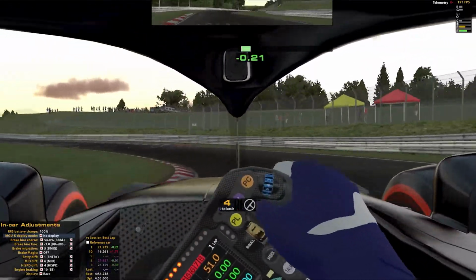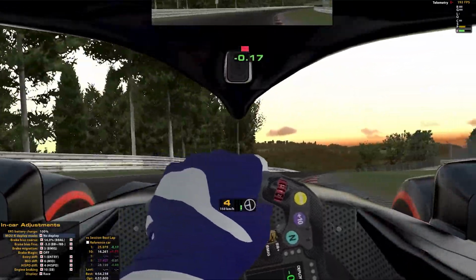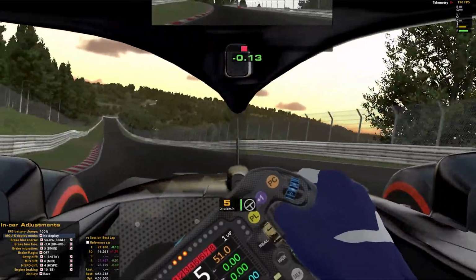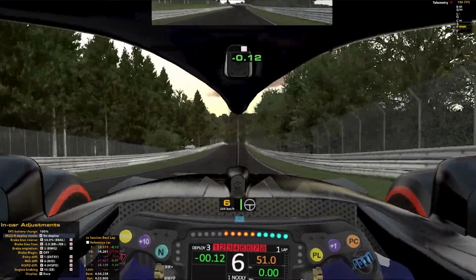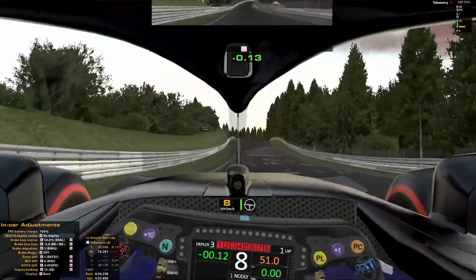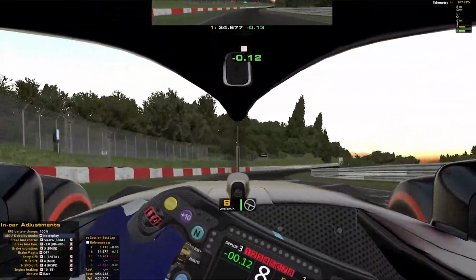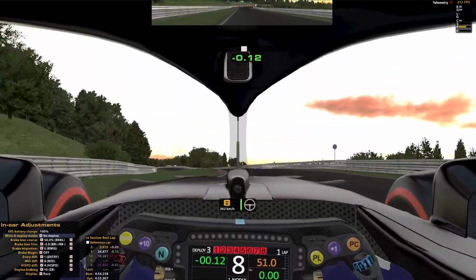2/10 down on my best lap so far. And yeah, overall the first sector here was pretty decent, even though I made a little mistake there. Still not perfect, especially the last 2 or 3 corners there. Still a bit of room for improvement, but let's see if I can actually compete with the likes of Jardier,